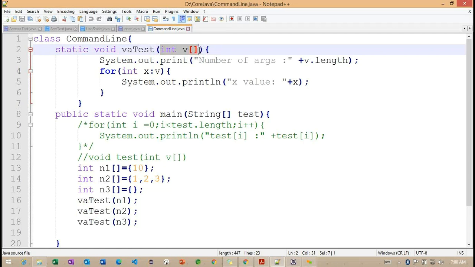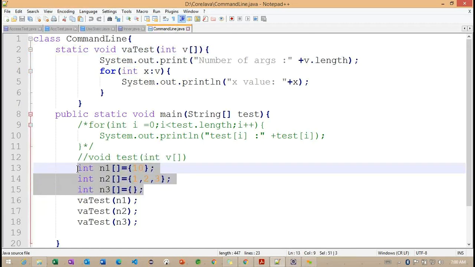As of now, we did not discuss this kind of parameter. We identified the primitive data types previously, like boolean, char, long, double, float. These are the data types we identified. But now I'm trying to pass an array type as a parameter. You can observe the array type we are passing here is an integer array, right?